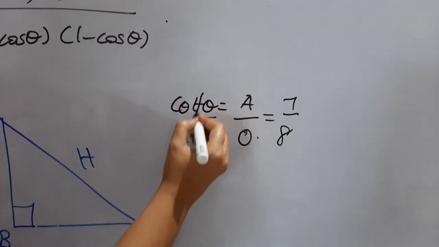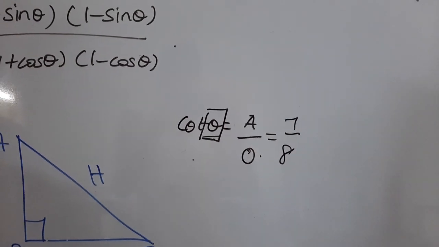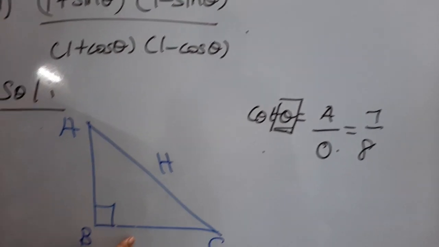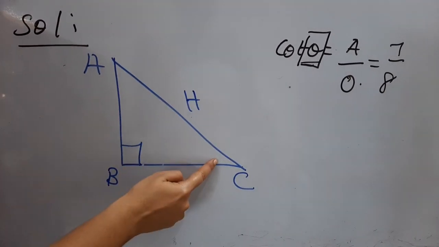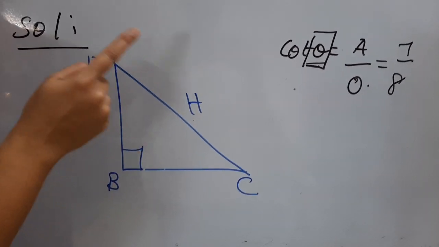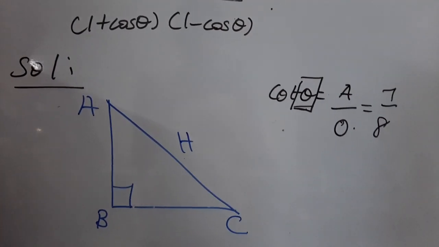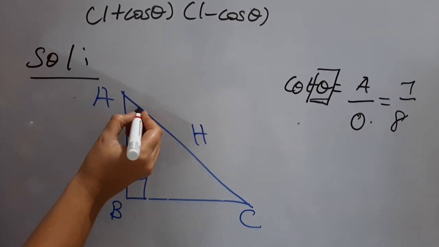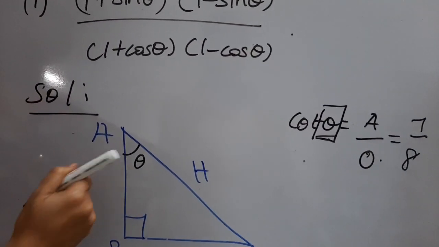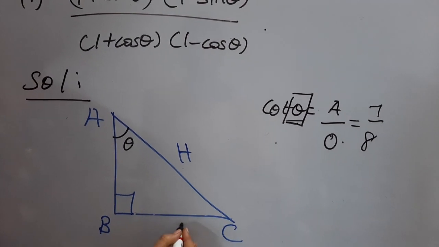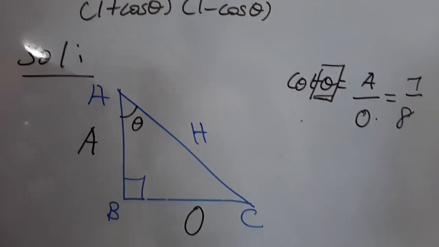Here the angle is simply mentioned as a variable. They did not say that theta is angle A or angle C. Now check your right angle triangle. This is a right angle triangle with 90 degrees. Two acute angles are there, A and C. Either we consider angle A as theta or C as theta. This is our choice. I am going to consider angle A as theta. Now if A is theta, what is your opposite side? BC is your opposite side. And what is your adjacent side? AB is your adjacent side.